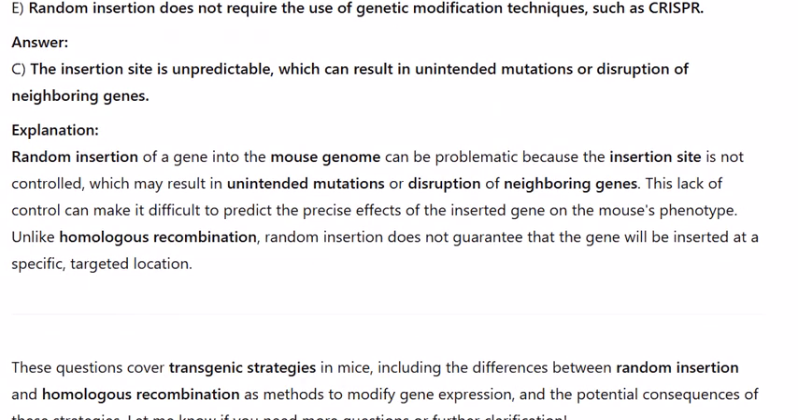Explanation: random insertion of a gene into the mouse genome can be problematic because the insertion site is not controlled, which may result in unintended mutations or disruption of neighboring genes. This lack of control can make it difficult to predict the precise effects of the inserted gene on the mouse's phenotype. Unlike homologous recombination, random insertion does not guarantee that the gene will be inserted at a specific, targeted location. These questions